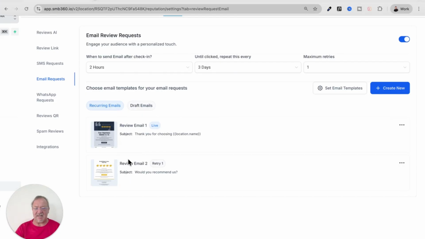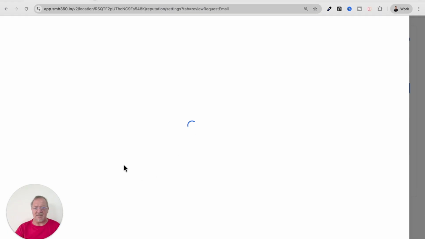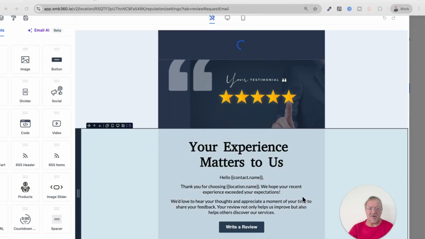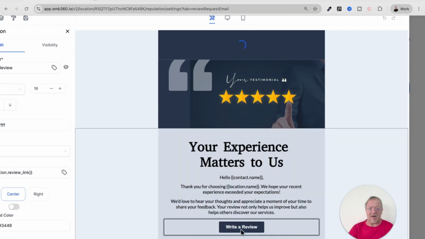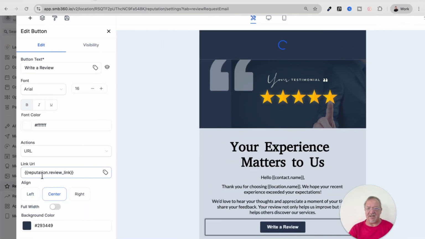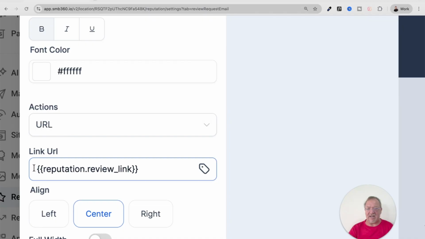Here's the email templates that get sent out. If you take a look at them, edit the template, move myself over. Notice that this whole thing has the contact name in there, company name, click on write review. This right here, if you take a look, is that special link I told you that HighLevel uses,